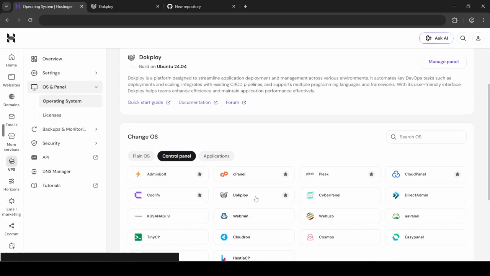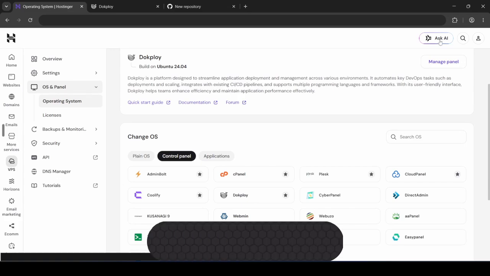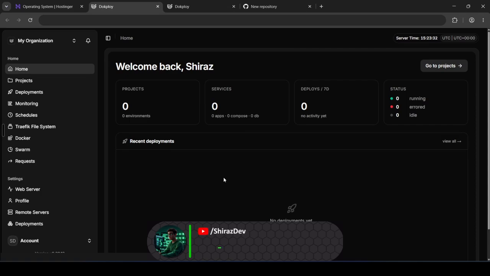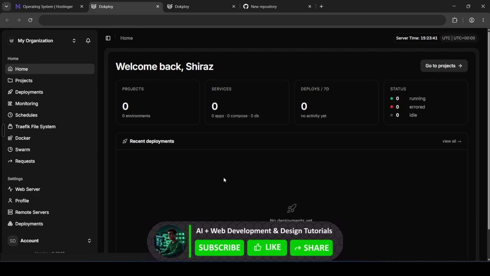And then you can just click on manage panel. Okay, click that. There will be a form, by the way. The form there will basically be a sign up form to create your account on Dokploy, which is on your own VPS, by the way, not some other service. Just fill that in. Okay, just fill in all of the information and create the account, and then you'll be